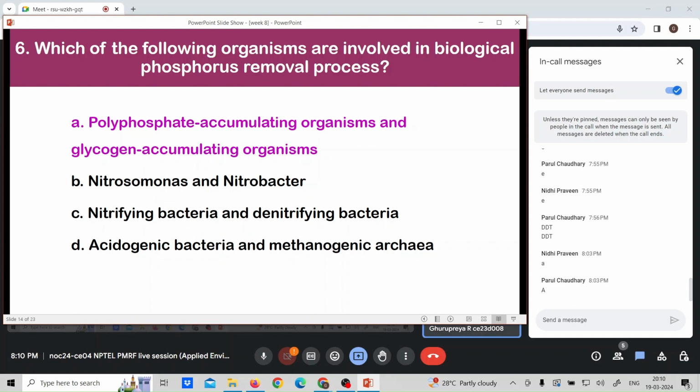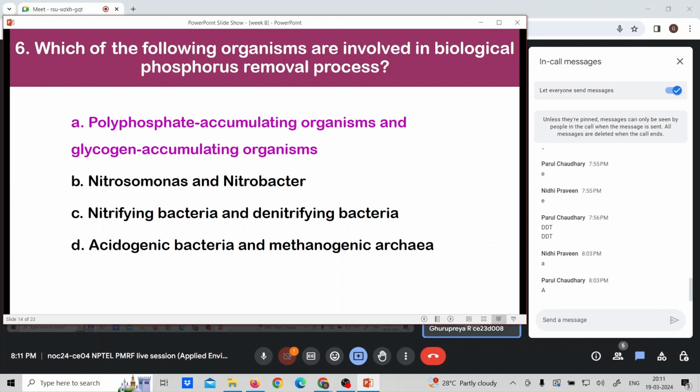I hope you have heard about anaerobic digestion, just the term. Till now we have been discussing ASP, the aerobic process, nitrification, denitrification, phosphorus removal, all of it. There is one more biological process called anaerobic digestion. It takes place in four stages: hydrolysis,